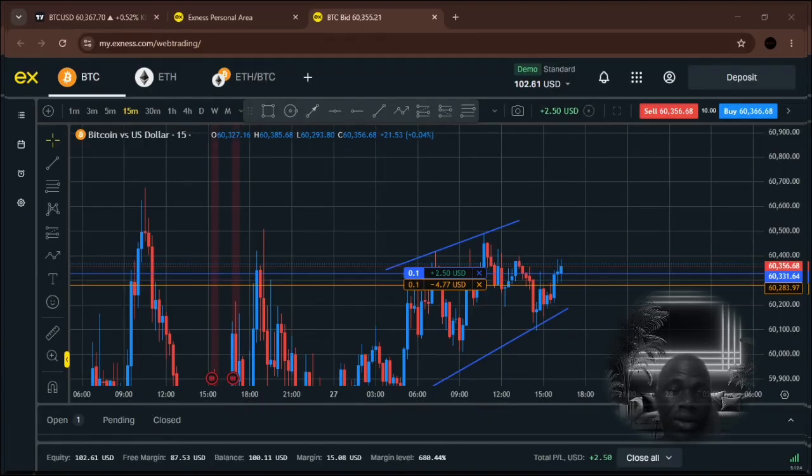All right, guys, let's stop here for today. If you've taken this trade, take it. The market is buying, Bitcoin is buying, so just take the trade, set the stop loss, and if